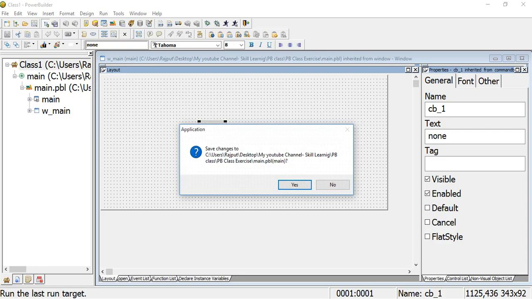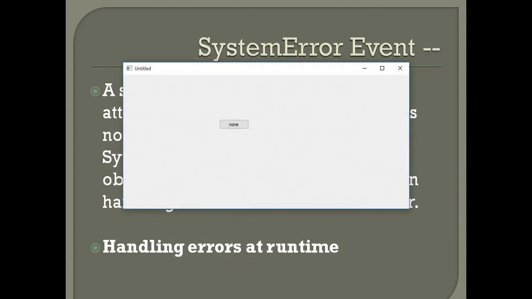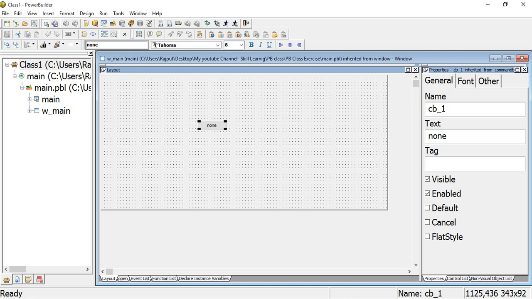Now save it. Yes. My window is open. This is the close event.